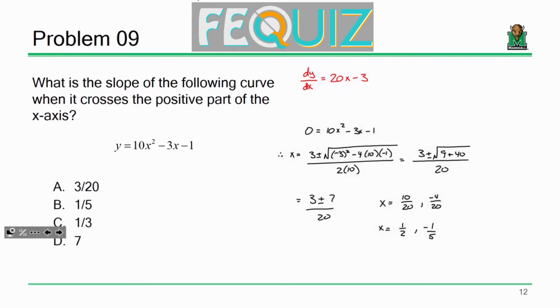Which one do I use? The positive part of the x-axis. So I go back up here and I say dy over dx at x equals 1/2 is